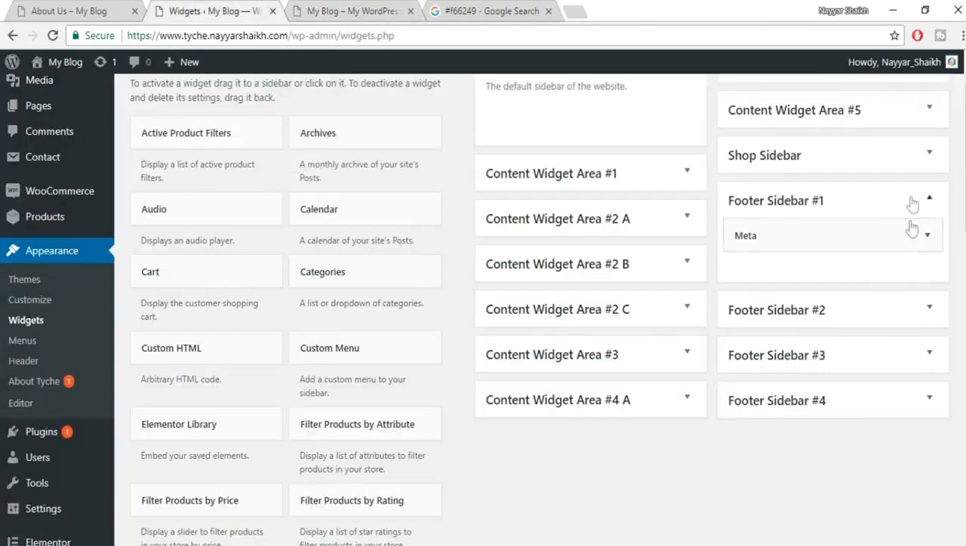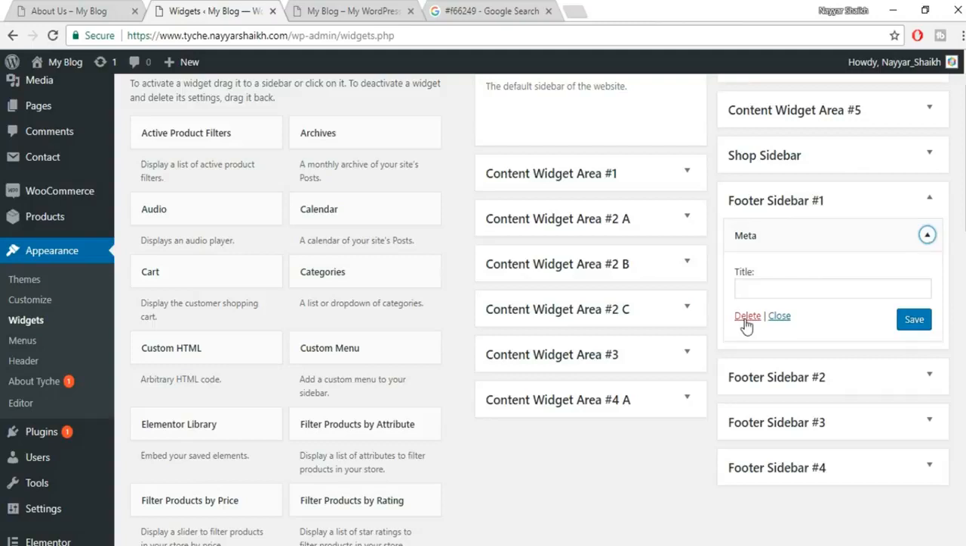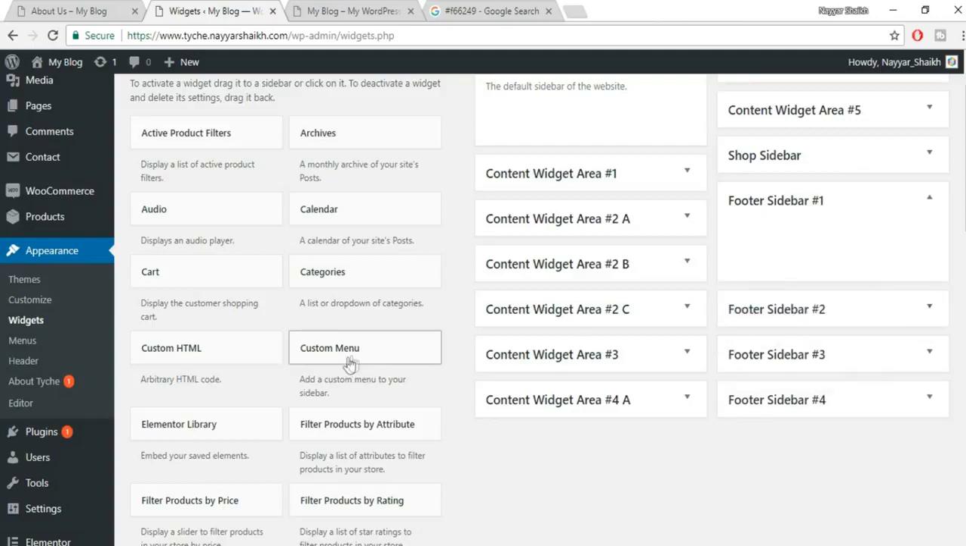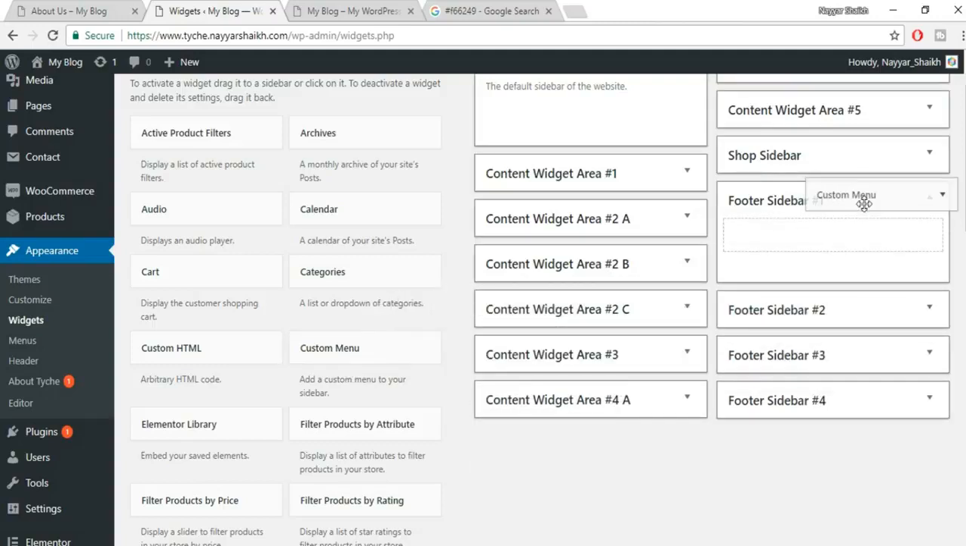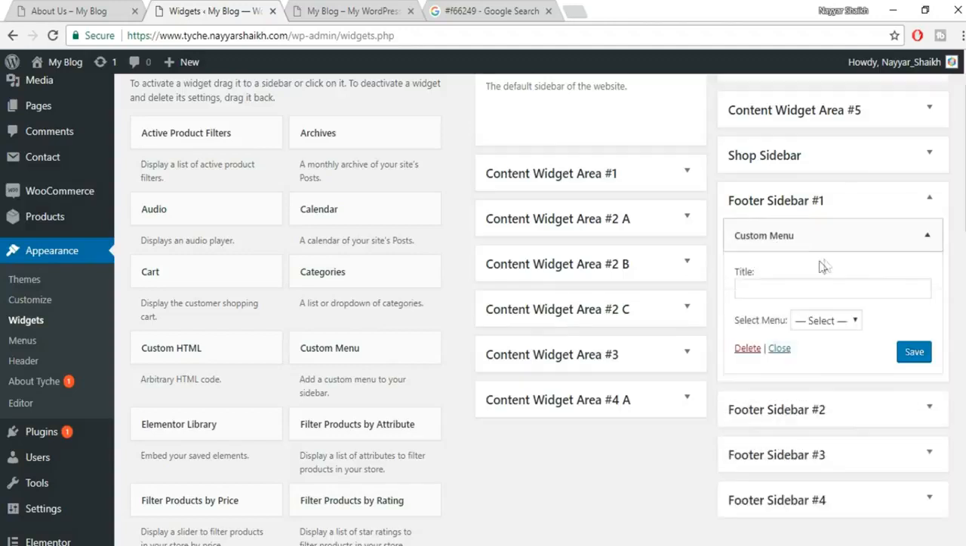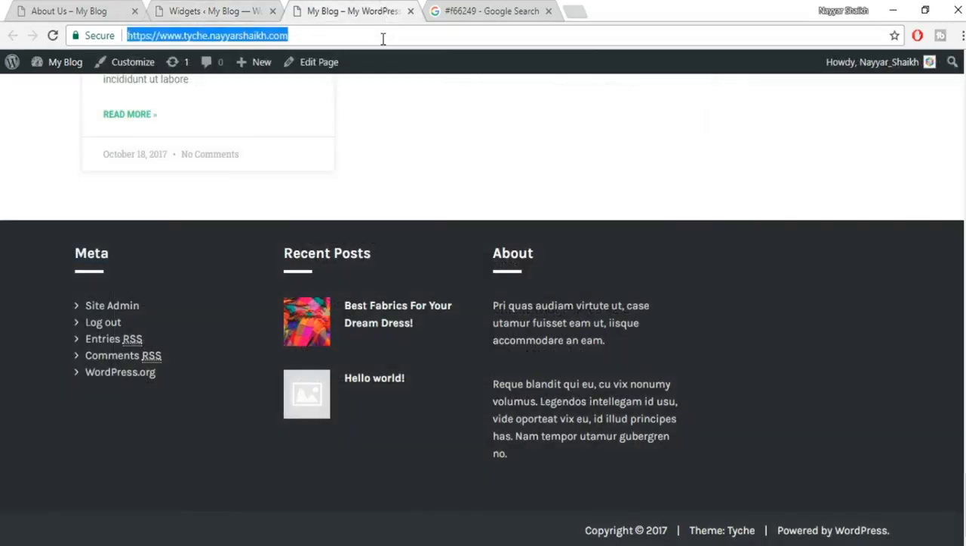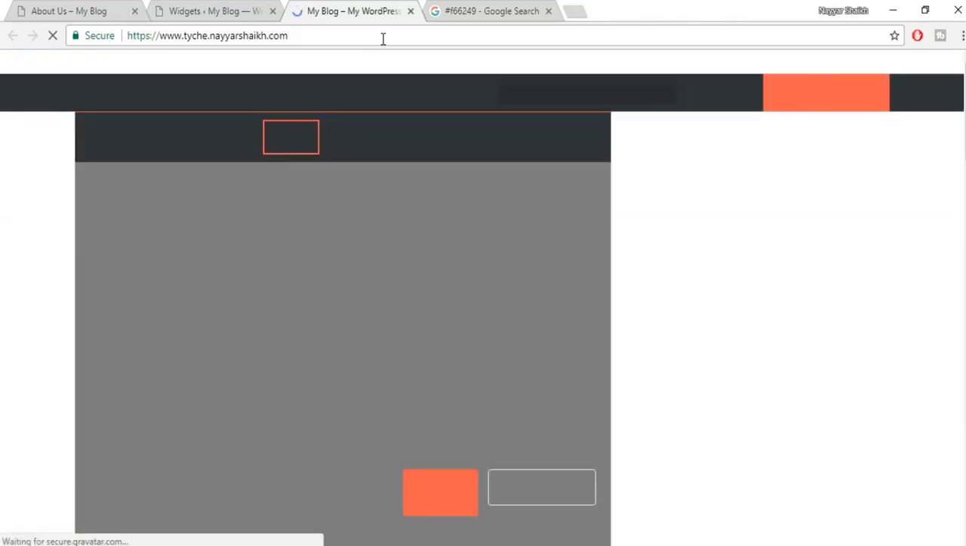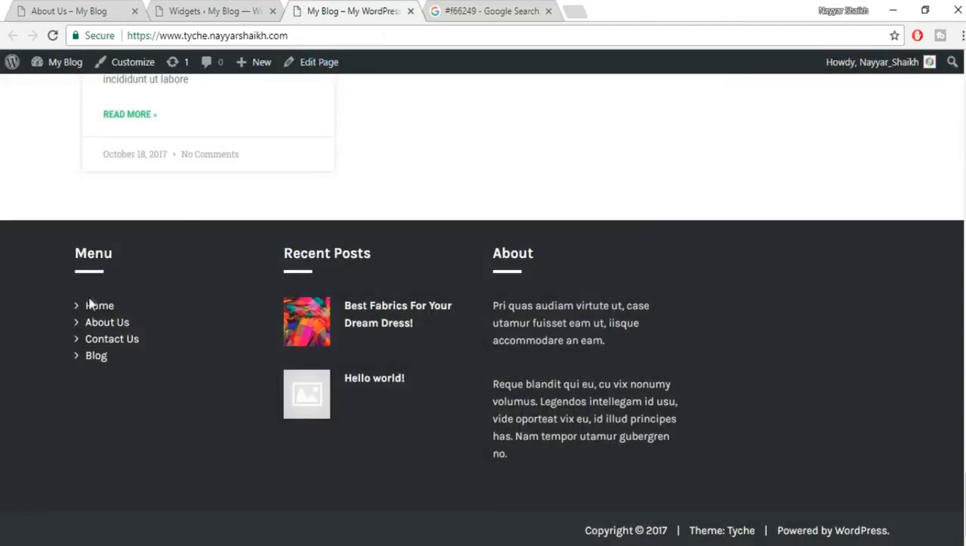For example, if you don't want this meta under footer widget 1, you can delete this, and you can have maybe a menu in this footer widget. So you can just drag this custom menu. You can select the main menu. You can name it anything, for example, menu. Click on save. Now let's refresh this website. And now as you can see, instead of that we have our menu over here, and here we have recent